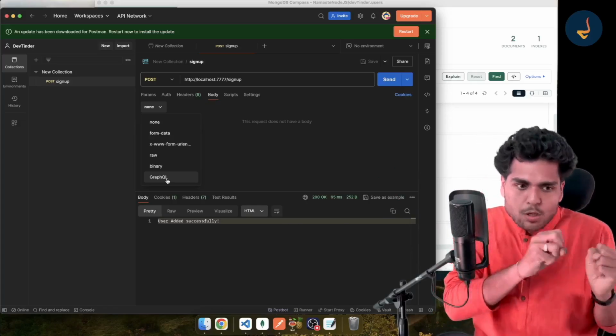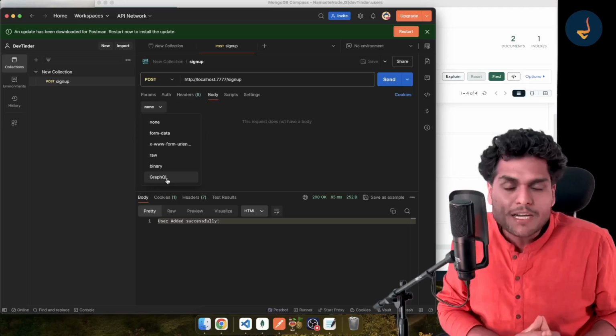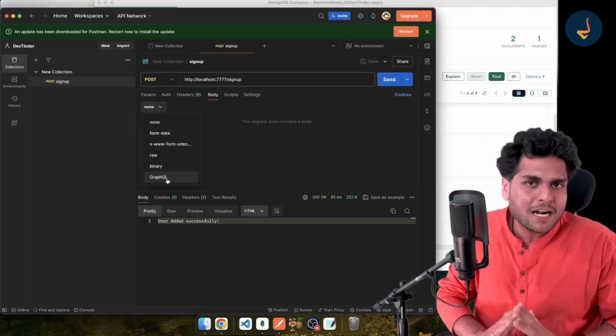This is all we want. I want to send JSON data. My server should read that JSON data and push it into the database. And this is the best way of handling things,